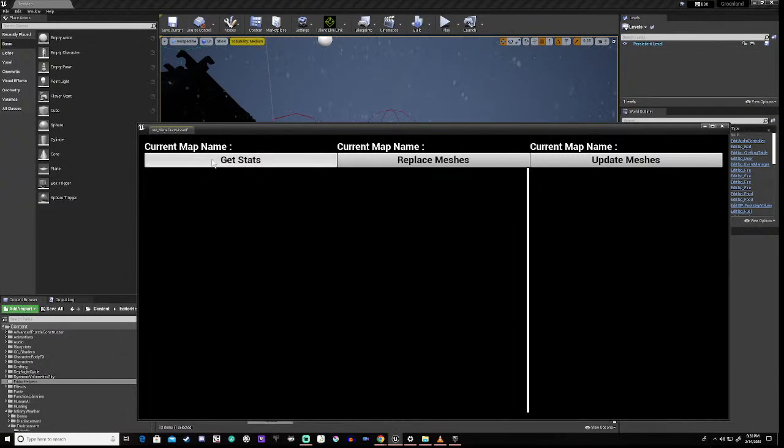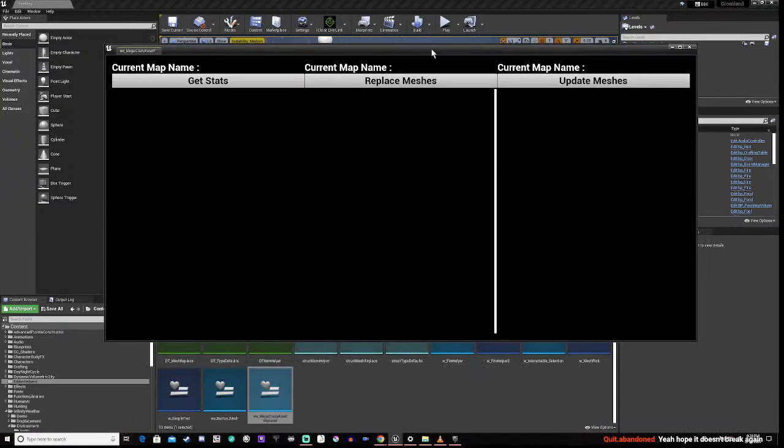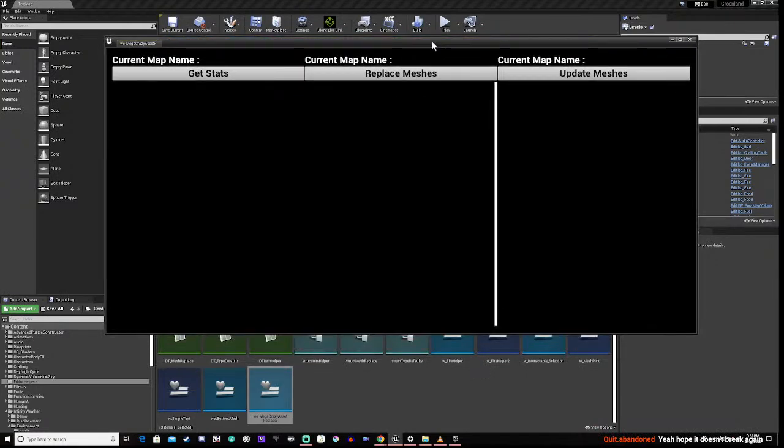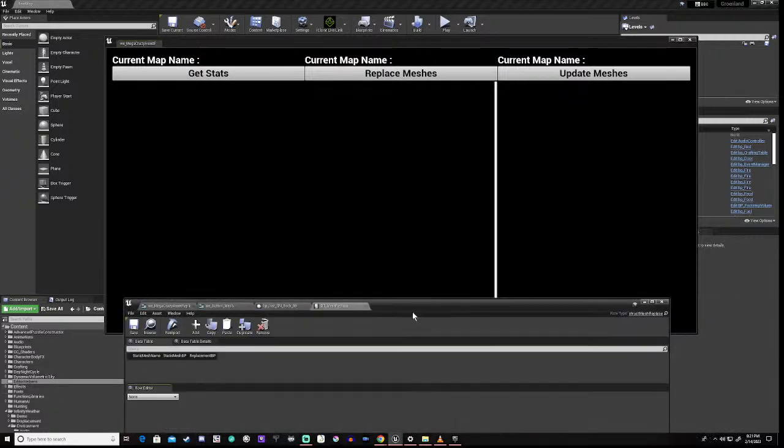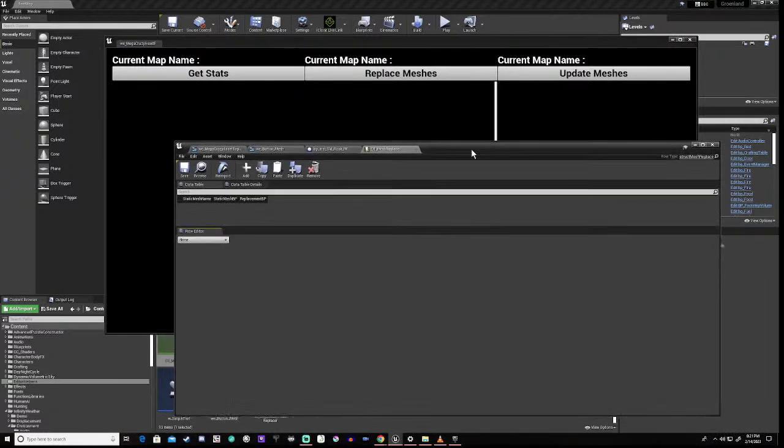So if I hit this button, nothing happens, which is great. Now, should anything have happened? No, nothing should have happened, and that's because we have nothing in this data table.